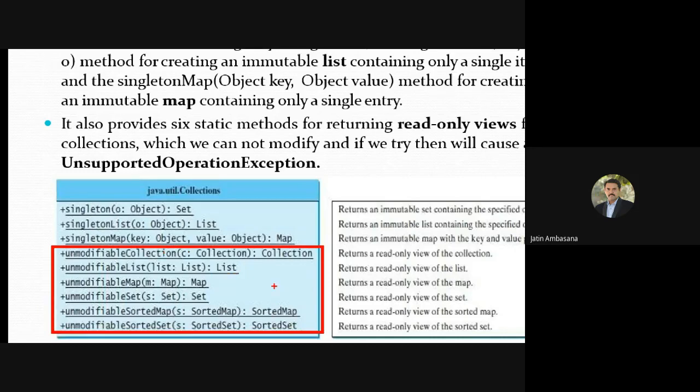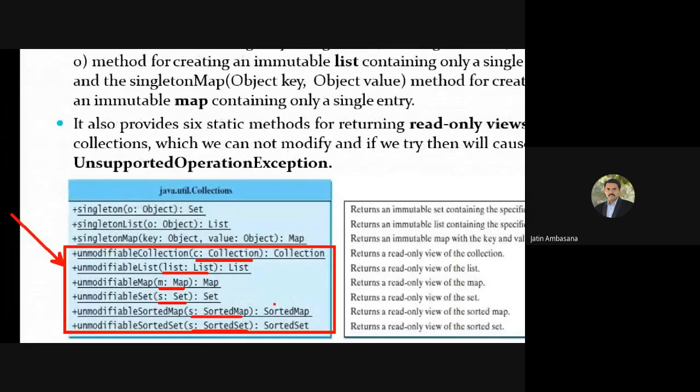These methods are for those collections which have already been created, like a list, a map, a set, a sorted map or a sorted set. Those which have already been created can be passed to these methods, and they return similar types of objects which are read only.